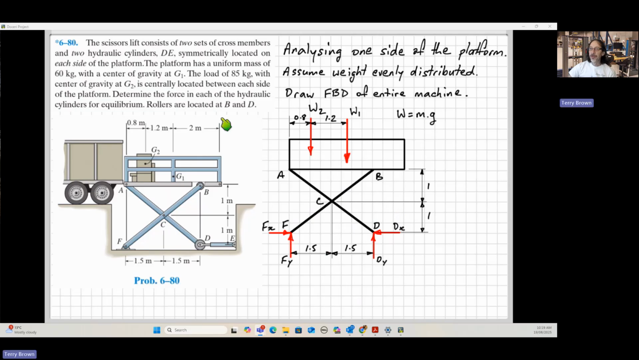And we're given the masses of the platform and the crates or the load in kilograms, so we need to convert that into weights in newtons, so we've multiplied by gravity, 9.81 meters per second squared. So starting our analysis, usually we'll start with the moment equation, because typically we'll be able to